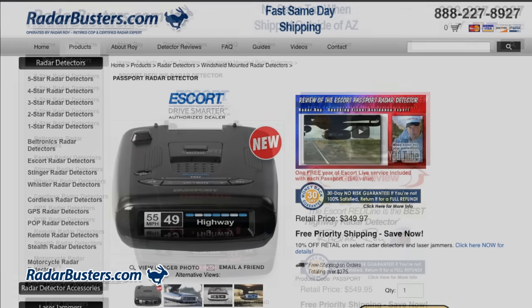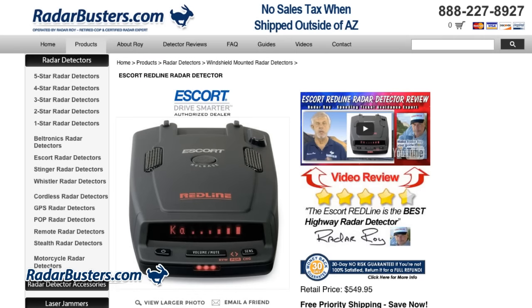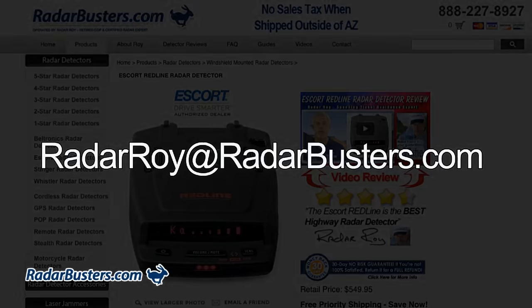And then lastly, the Escort Redline. The Escort Redline utilizes Escort's M3 antenna design, along with its unique DSP technology, enabling it not only to be stealth to all radar detectors, but also enables it to filter out many of the annoying false alerts caused by those anti-collision sensors. Now, if you do have any questions or concerns which radar detector is best suited for you,